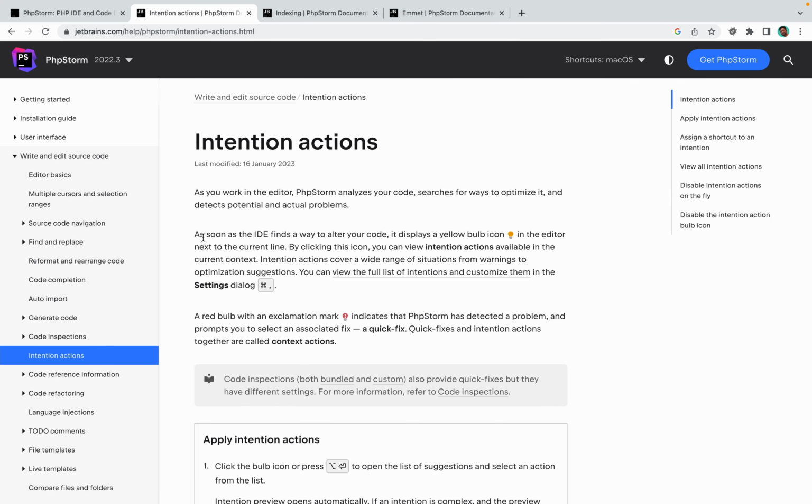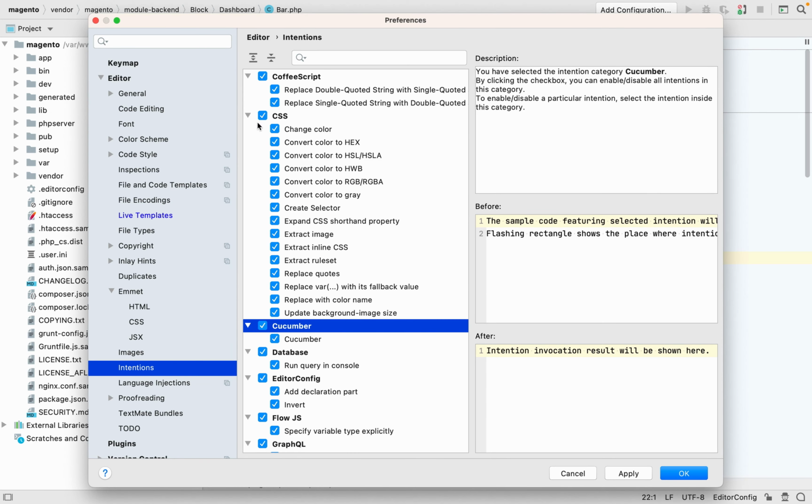So basically when we write our code, PHP Storm analyzes the code and searches for a way to optimize it, and it gives one recommendation in this bulb icon, and by clicking on this icon you can view the intentions available. So if you are not using intentions, again better disable them for better speed. So disable the intentions for all the sections that you are not using.